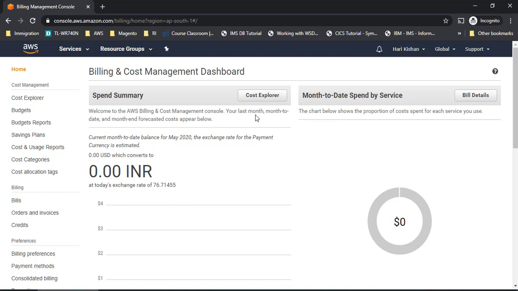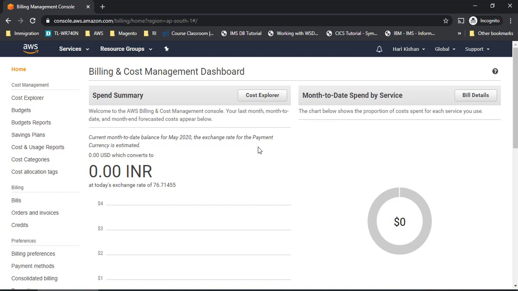Now let's move on to why we need billing and cost management, right? As this is a free tier account and we are in the learning stage, we might end up making some mistakes which will lead us to overspend the budget which we have thought of. It is a free tier, it should be 0, but there are a few services which, if I want to learn, I might end up spending some money on, right? So for that purpose, we have to create a budget. This is how every company does it, by creating their own budget: this is what I'm willing to spend for the services which I'm going to use. So this is a pay-as-you-go model.